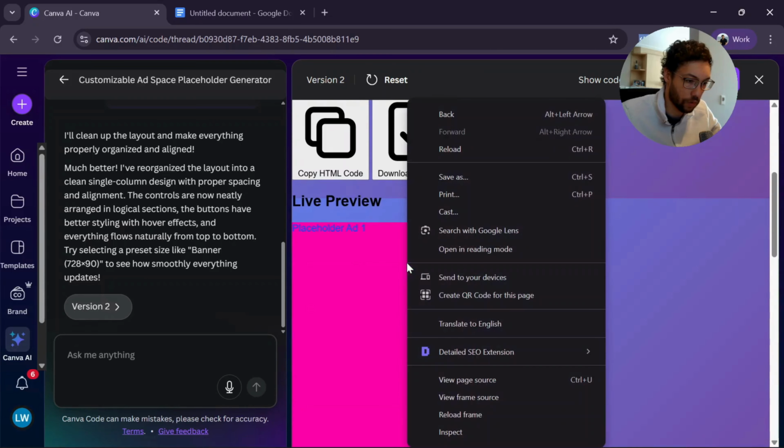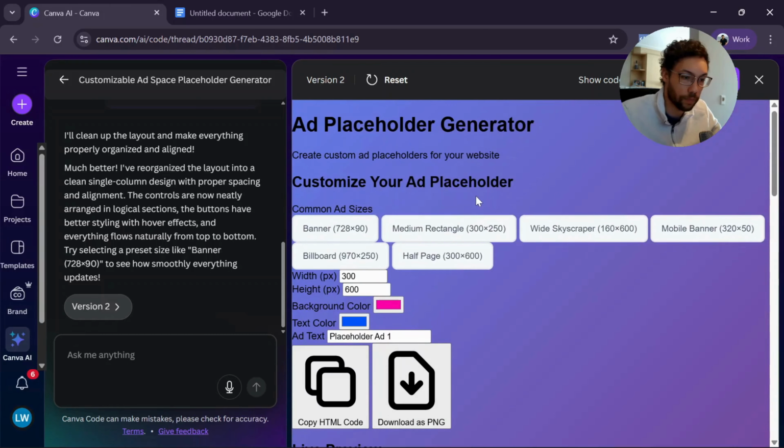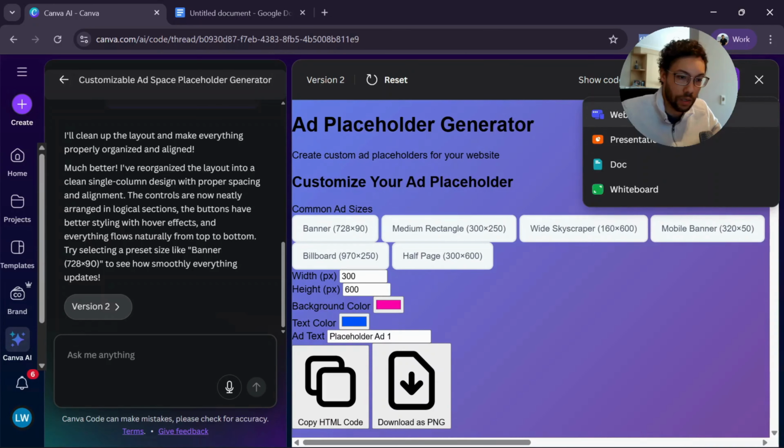Okay, but that probably still needs some work. Let's actually see what happens if we click use this in a design. Okay, so we can use this in a website, presentation, a doc, or whiteboard. So this gives some options where you can use the code snippets and tools that you generate here